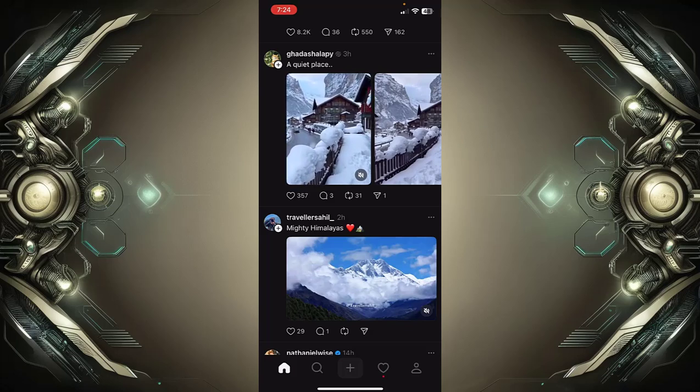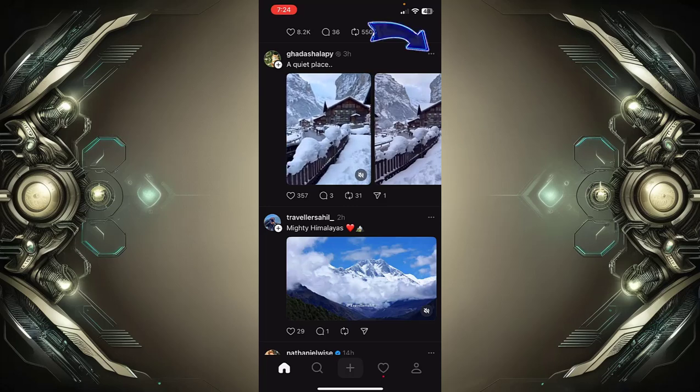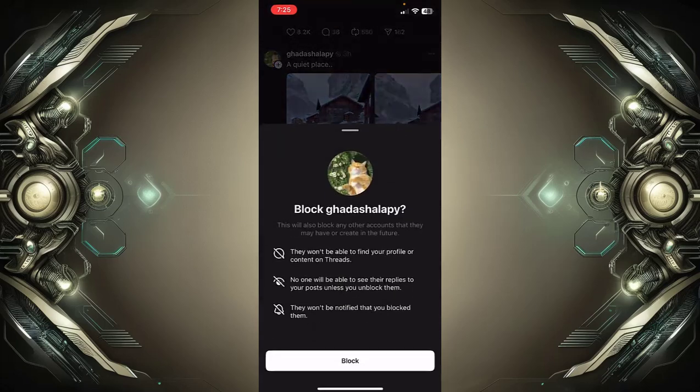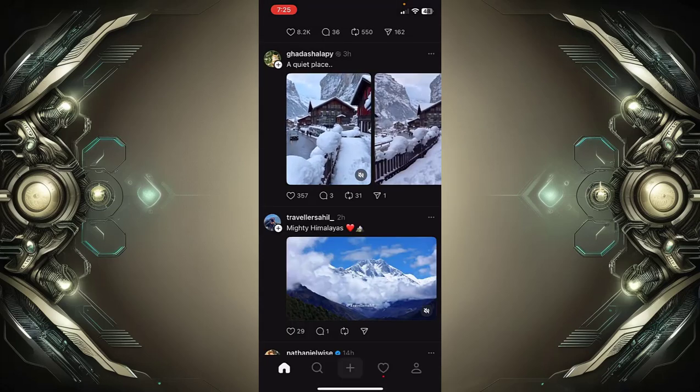Now continue the video. You can see the three dots at the top right corner of the post. Just simply tap on the three dots. After tapping on it, you can see different options. Here you can simply tap on Block. After tapping on Block, you can confirm to block this profile. After tapping on Block again, you have blocked the profile, and that is how you can block someone on